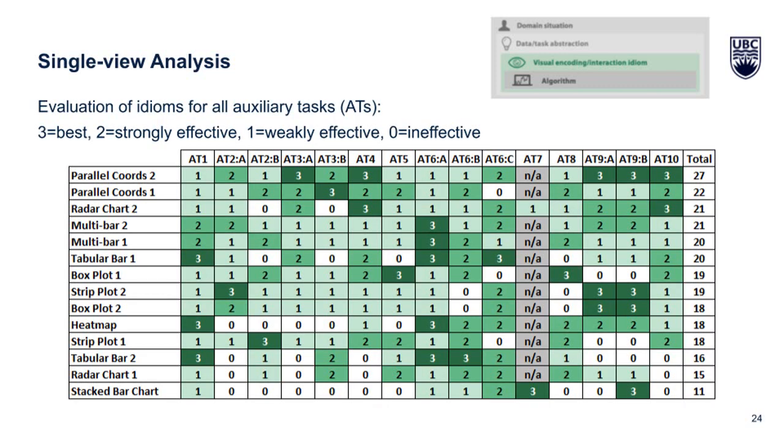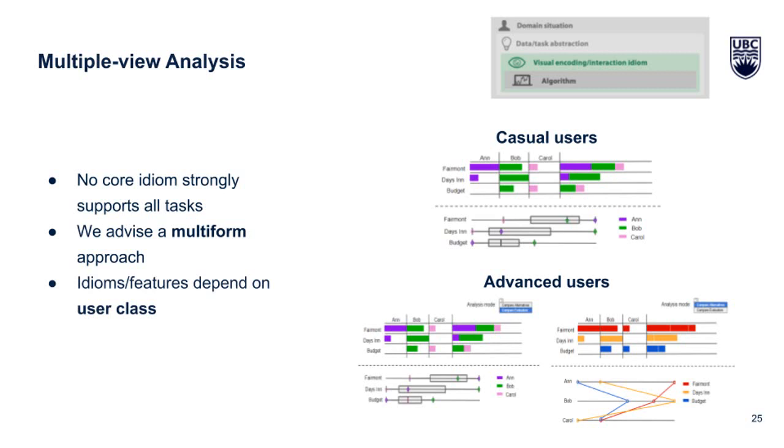We performed this kind of analysis for all of the auxiliary tasks we identified for each possible set of inputs. The results are given in this table, where a score of 3 indicates the strongest support for the task and a 0 indicates that the idiom is ineffective for the task. It should be noted that the scores here are relative to the difficulty of the tasks themselves. While the best performing idioms overall seem to be the parallel coordinates plots, no one idiom strongly supports all tasks,